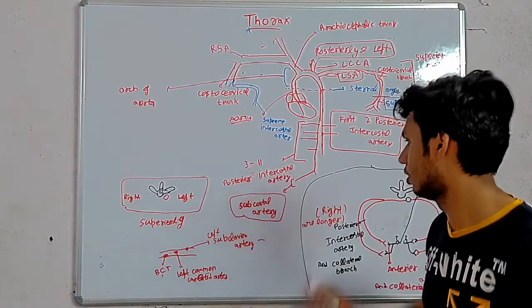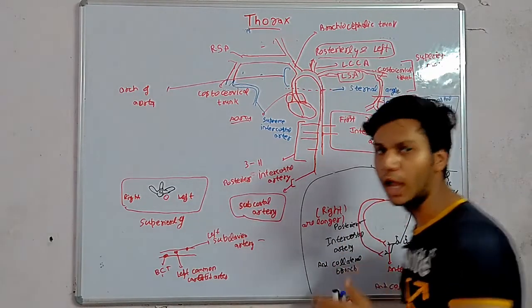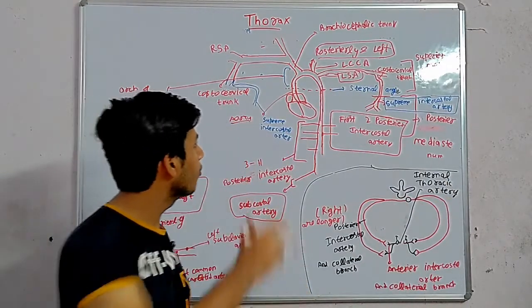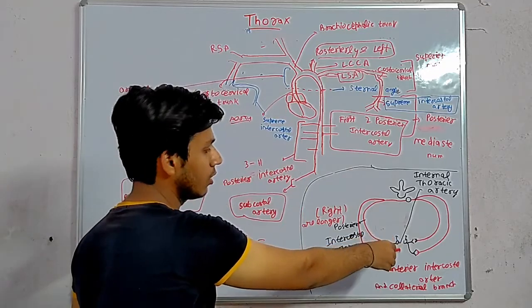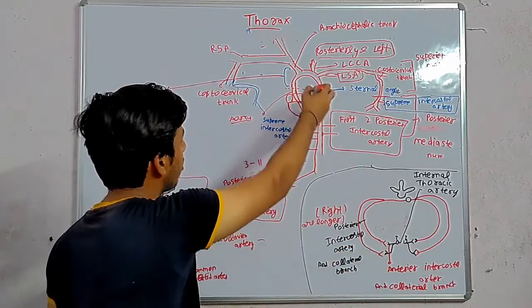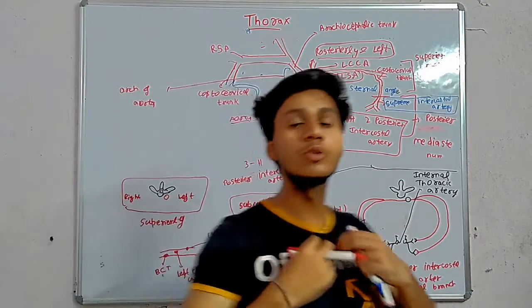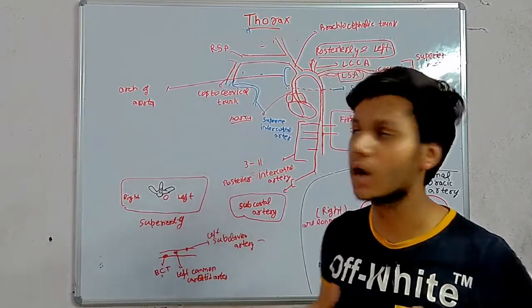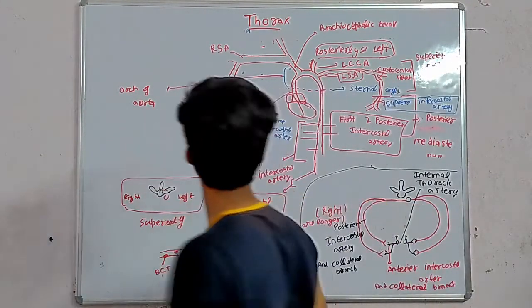Important thing. So first note that, and now we draw the diagram of the whole arrangement of the internal thoracic artery. Now come to the important thing. We know that the internal thoracic artery is also a branch of the subclavian artery which comes anteriorly to the chest and gives anterior intercostal arteries.